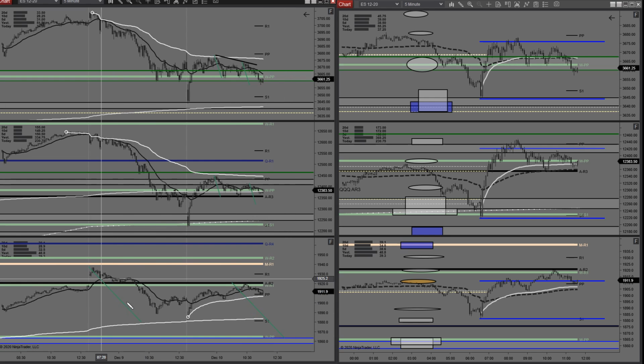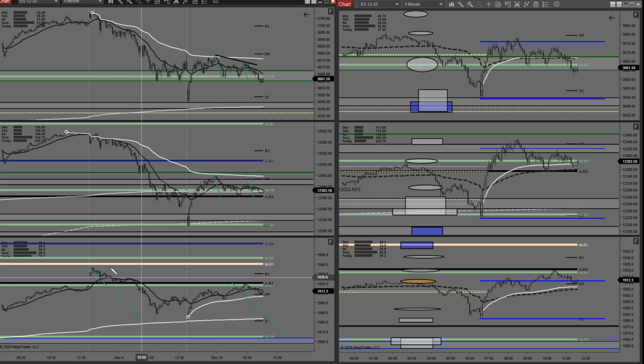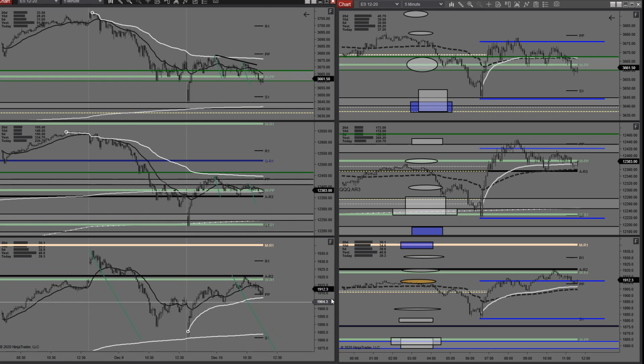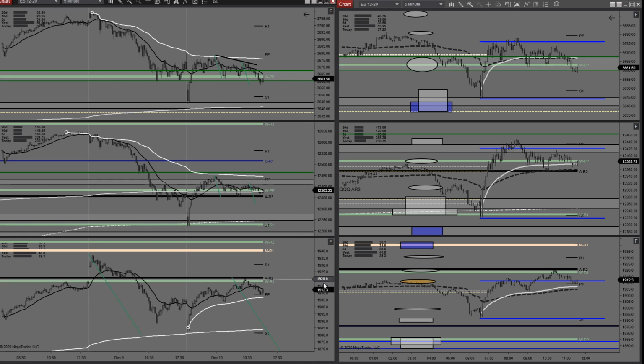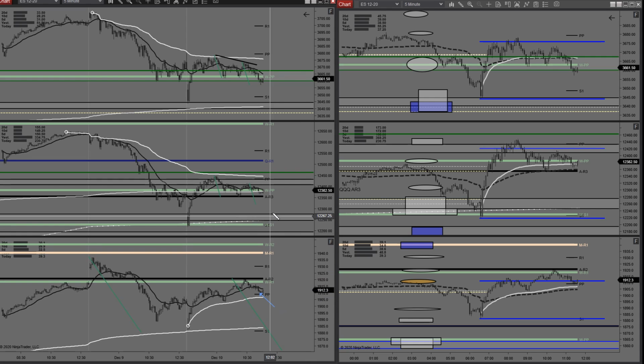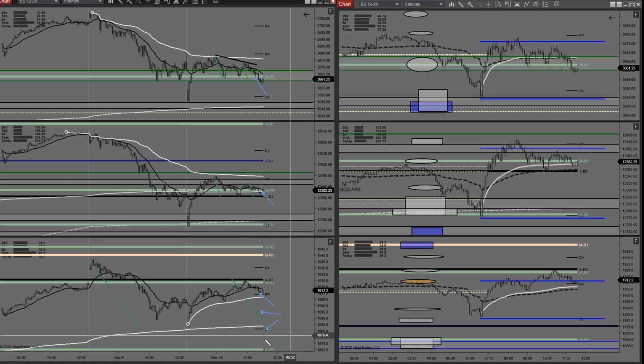Is that ABCD drawn correctly? Yes, I'm very precise about the way my ABCDs are drawn. I've been doing it for many years and I was taught by the best. Is it applied correctly? In other words, does it point to a key level? Yes, you'd be insane not to see it. ABCD into the key level. Is it valid? Yes, but I'm going to have to take responsibility for that to play out through holding through this comp setup in all the indices, through holding through a retest of that key level. And maybe that's it, or maybe there's another signal on the way, whatever it is.